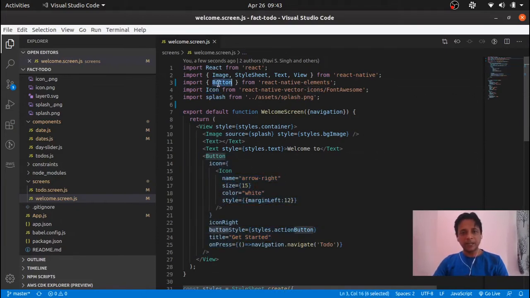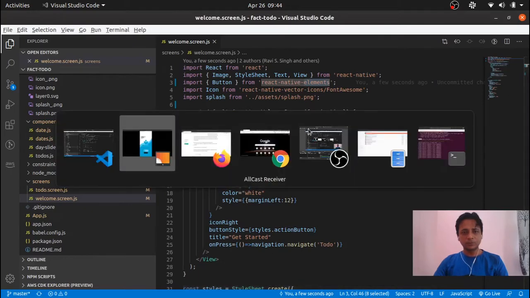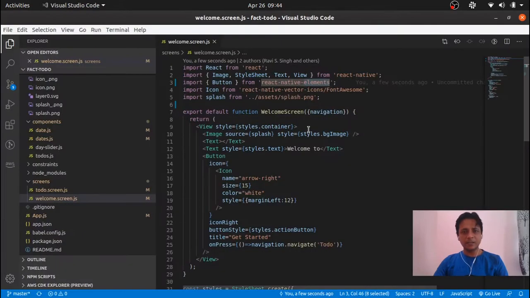And the button has been taken from React Native Elements. So this is basically what you can call the bootstrap. It is basically what bootstrap is to any HTML application. React Native Elements is also the same for a React Native application.